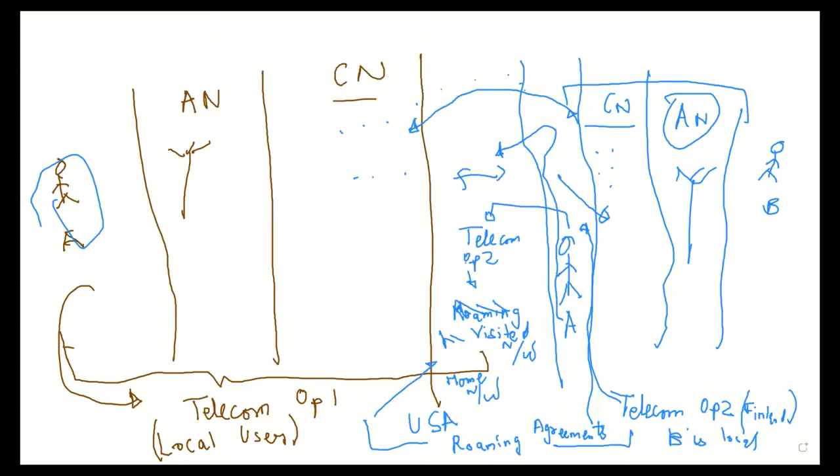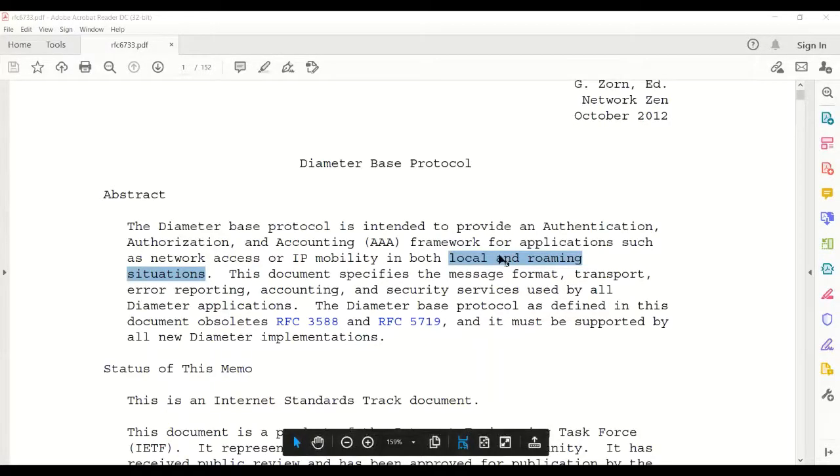So that was a bit of perspective, and let's go back to the other screen, right? So let me just close this and let me share back the screen again. So this is what we mean by local and roaming situations. So let's go down further. This was the abstract. So if we keep going down, this is all,